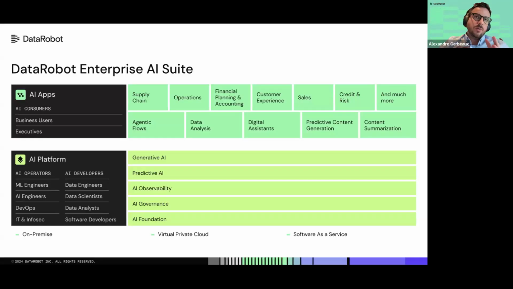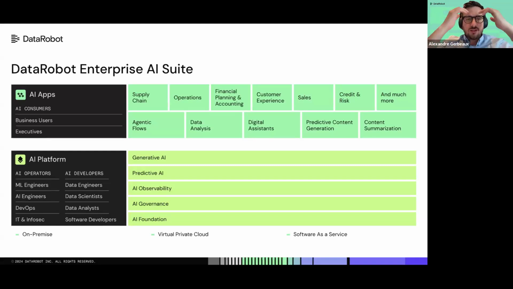But essentially, as I said earlier in the presentation, DataRobot is an enterprise AI suite. One of the key things about DataRobot is that we start with the outcome first, and the platform can help you reach that outcome. We can turn your data into meaningful AI applications that help you build, deploy, and manage them. Following Abdul's example, he used the email data and the invoice data to then build an AI application.